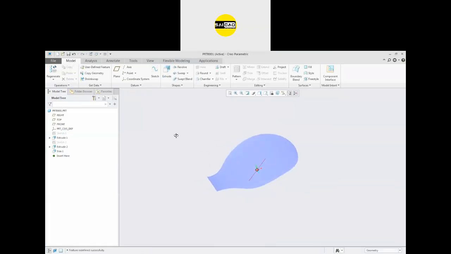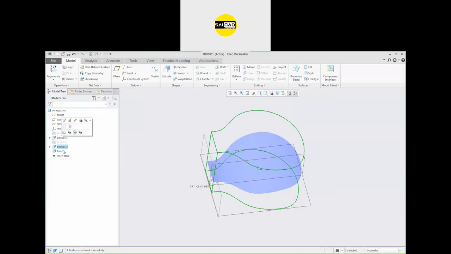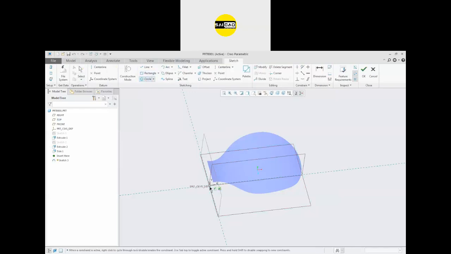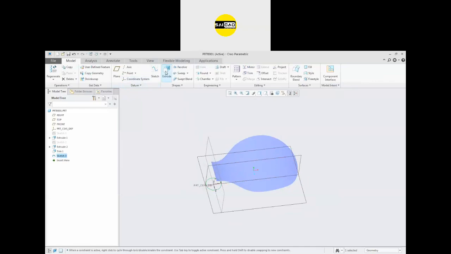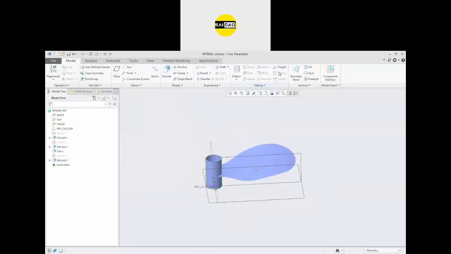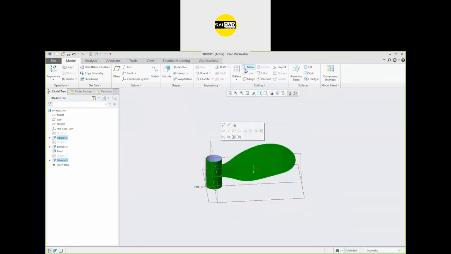This is just a representation. You have to use the shape very precisely so that your object can be created properly. So here we have to create a sketch, again a circular entity like that. With OK, we have to extrude that, and the surface also like that, and we can just merge these two.